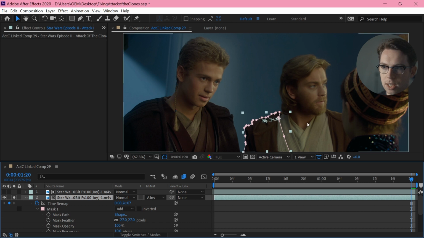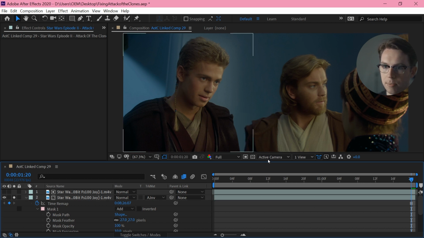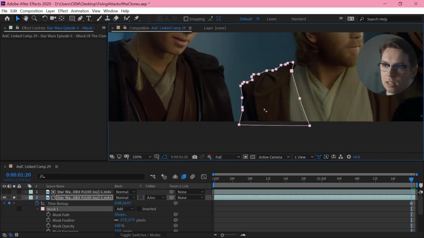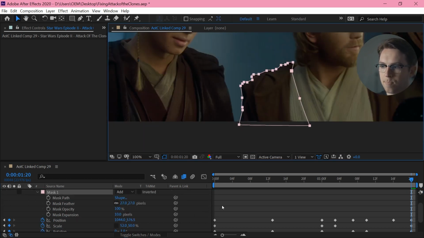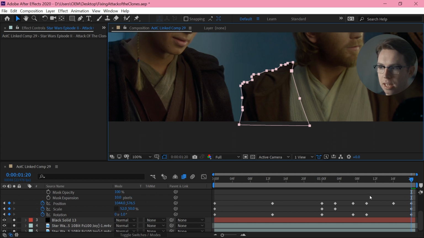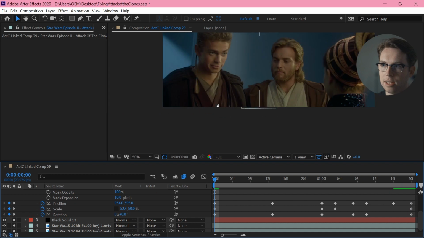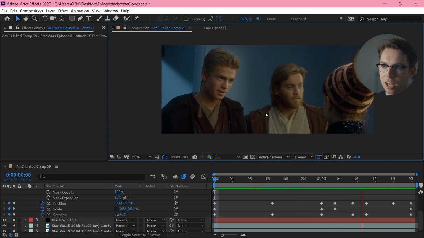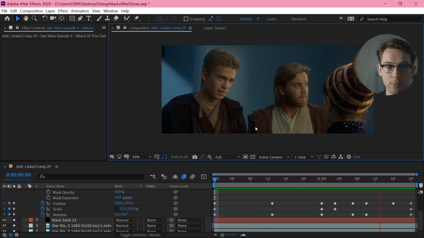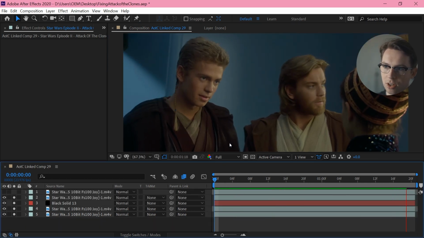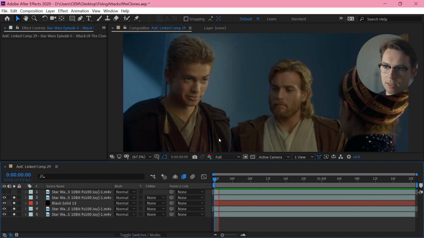Then I'm taking a still frame of Obi-Wan's arm at this point where it's fully visible, freezing that frame, masking around it exactly, and then manually animating the position, rotation, and scale so it vaguely sits in place. It's chattering around a little bit, but not too much for me to worry about really. But that's not all, because this is not just going to sit behind Anakin's arm there, right?